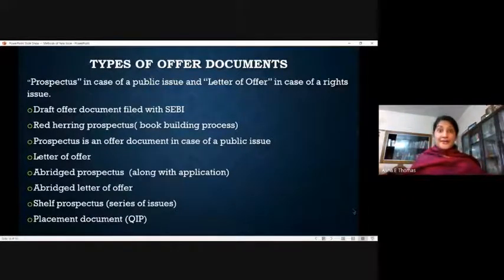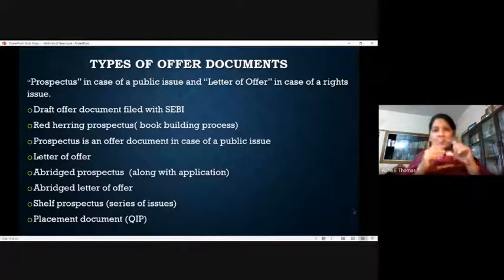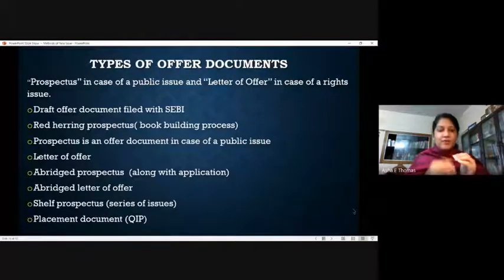It's not as elaborate as a draft prospectus or a prospectus that is filed by the company with SEBI, which is published in SEBI's website, but a summary of all the details will be published along with the abridged